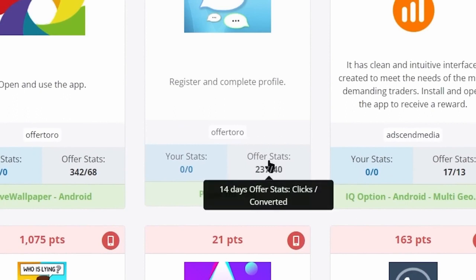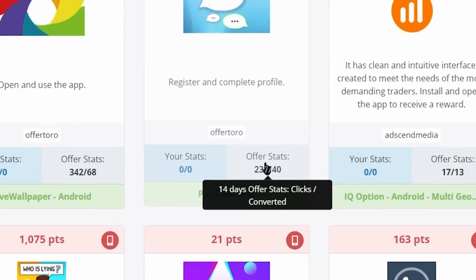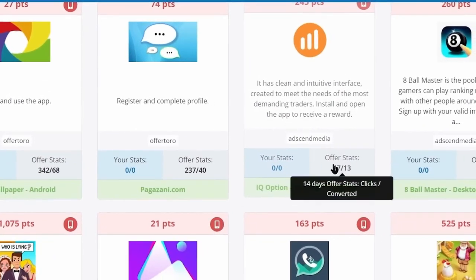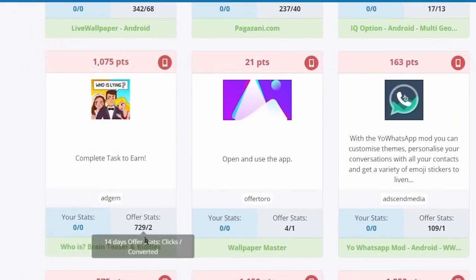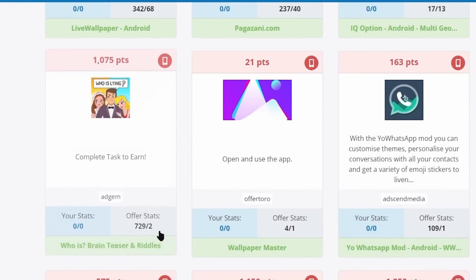That is, the number of clicks and the number of conversions ratio showing in the offer's stats must be good. Such as, this offer here has stats of 17:13, which means 17 people clicked on this offer, and 13 people actually completed the offer and got paid, which is considered a good ratio of offer stats. Whereas in this offer, over 700 people clicked this offer, but only 2 people actually completed the offer and got paid for that, which shows that there might be something wrong with the offer, or this offer might be difficult